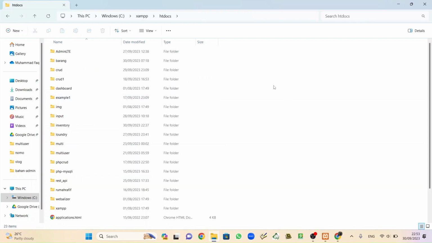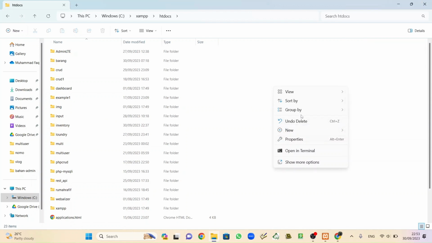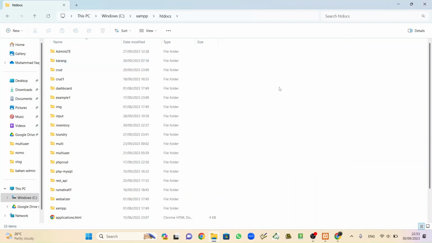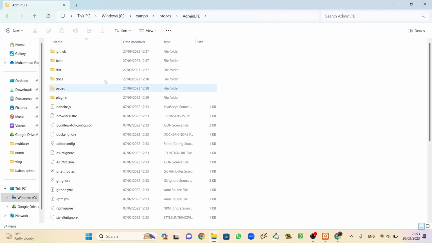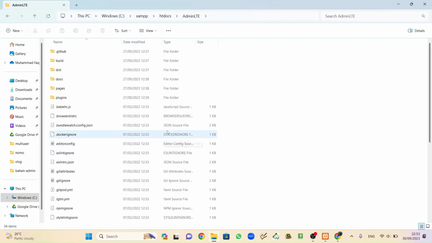Okay, and paste here. There's a paste button, but mine is empty. So just paste here in htdocs, and then you can check it. Inside the AdminLTE folder are these files and also folders.